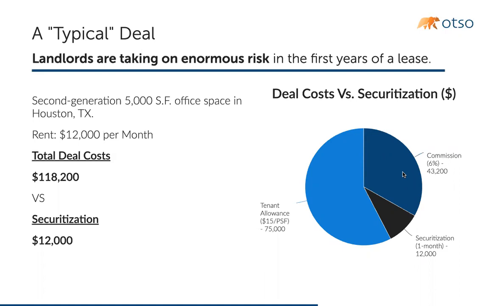But really the illustration in this slide is simple. We got a big TI allowance here. We got a big commission, and we got 1 month to cover us. So we're $106,000 short if we see a default here. Really the first year. In most leases, you'll find, especially in these larger deals in major markets, that landlords don't start to break even on deals in a 5-year deal until almost the midpoint. And so, we've got to remember as brokers and people that represent our clients, this stuff is expensive. And although they want to get a deal done, these are the things that they're weighing in their minds.